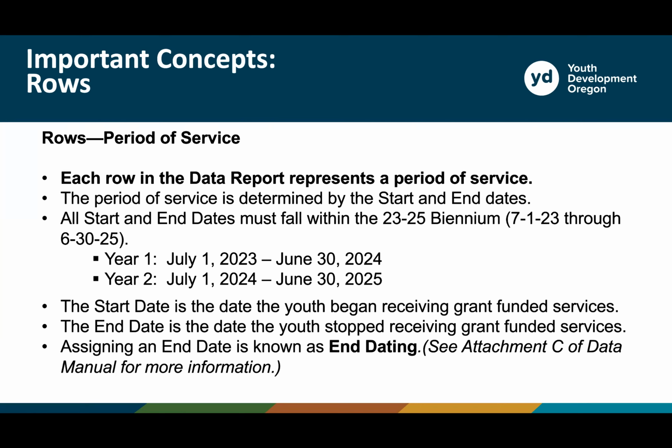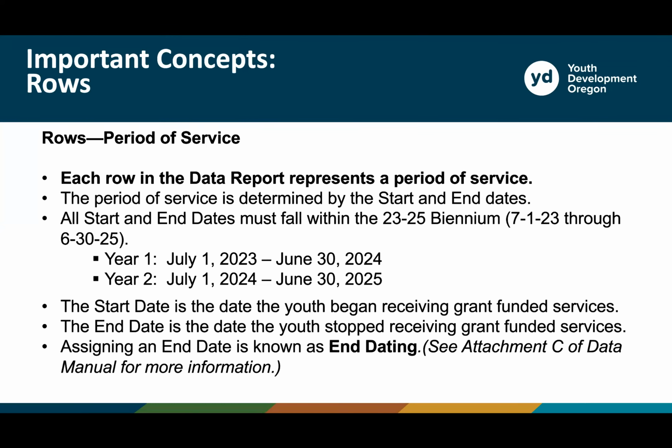So for year 1, quarters 1 through Q4, this is July 1, 2023 through June 30th, 2024. So even if you have a youth with continuous enrollment from the prior year on the data report, you'll put the first date of that year within the current biennium in terms of a start date for that youth